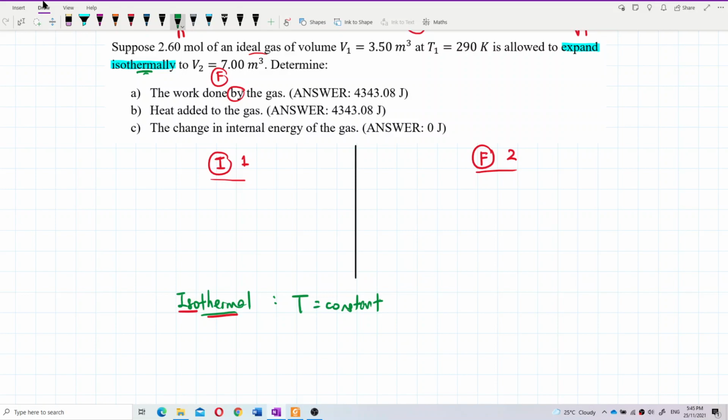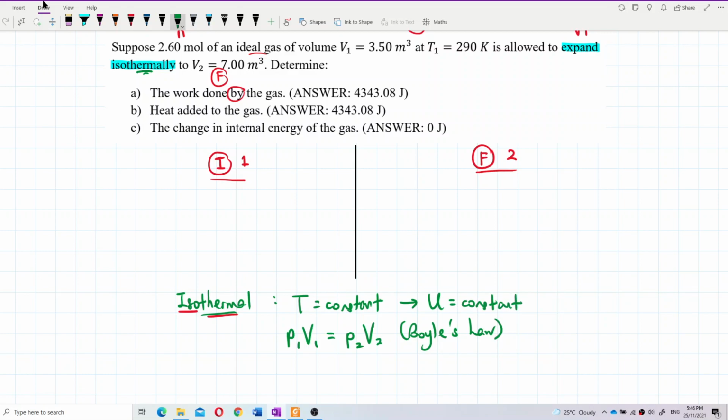So when temperature is constant, only the pressure and volume can change. So it is Boyle's law. Okay, so since temperature is constant, internal energy also becomes